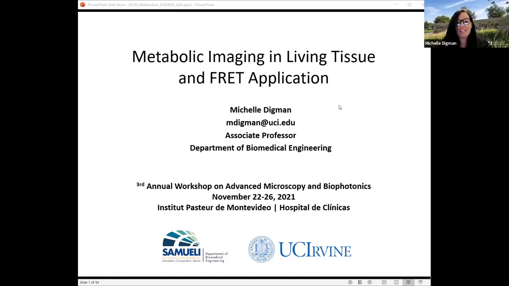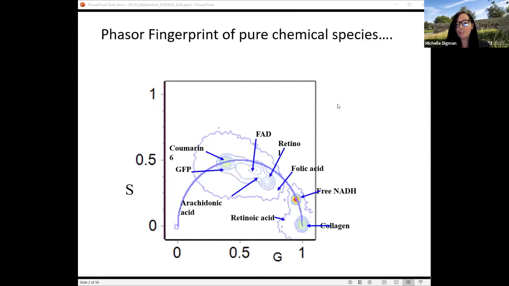Okay, so today I'm going to talk about an application to metabolic imaging in tissues, and one of the applications that I'm really excited to talk to you about is cancer research. So as you all saw earlier from the workshop, the phasor analysis is a very powerful way to graphically represent fluorescence lifetimes. In fact, you could see the fingerprints of any fluorescent molecule on the phasor diagram here, and